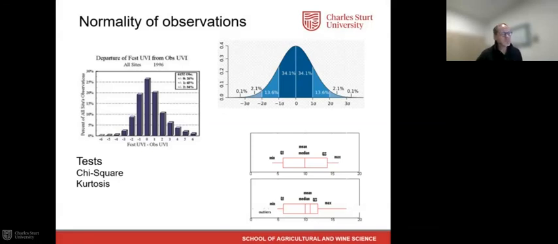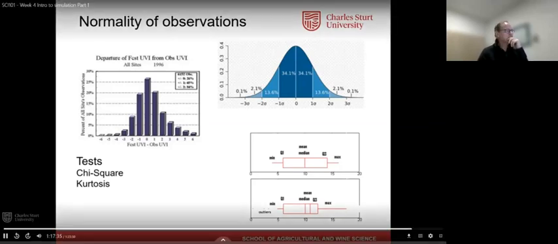And chi-square, again, is beyond the scope of SCI101, but chi-square tests really test for relationships, so independence of one group from another. So it can be sensitive to distribution and also to sample size, but a chi-square test can also be used for goodness of fit. But anyway, we won't be talking any more about chi-square tests or kurtosis at this point, but I wanted to